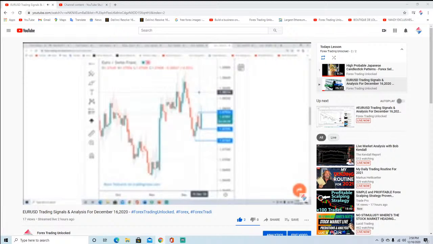So the Swiss is making new move highs against the dollar as